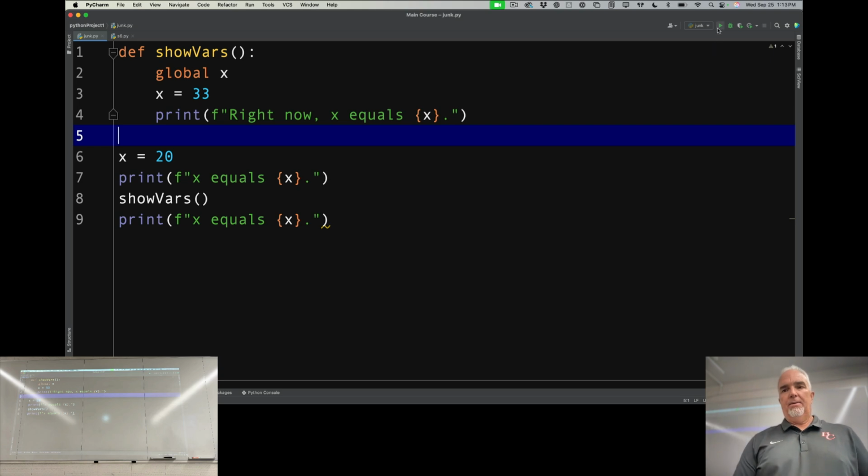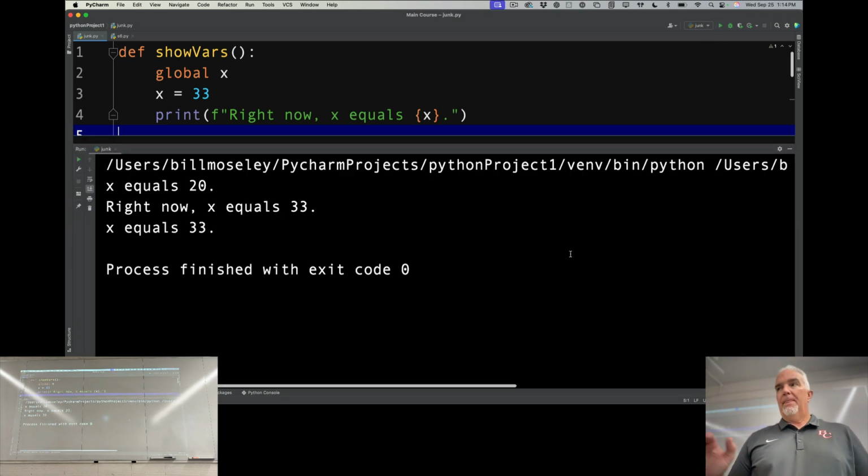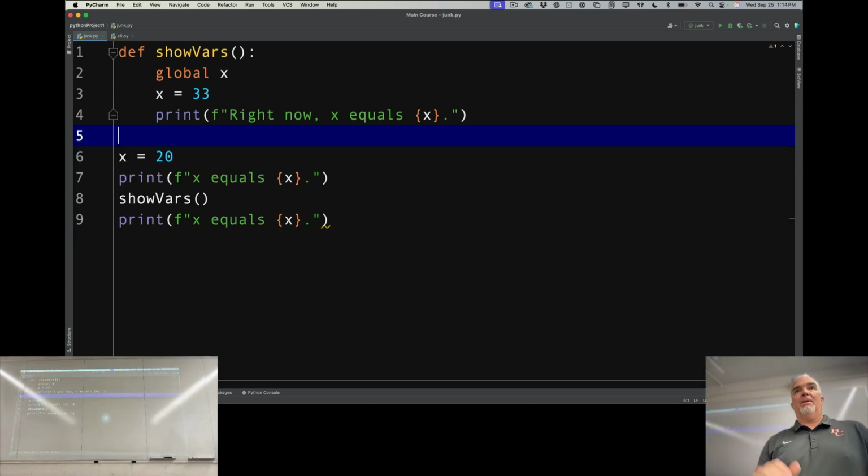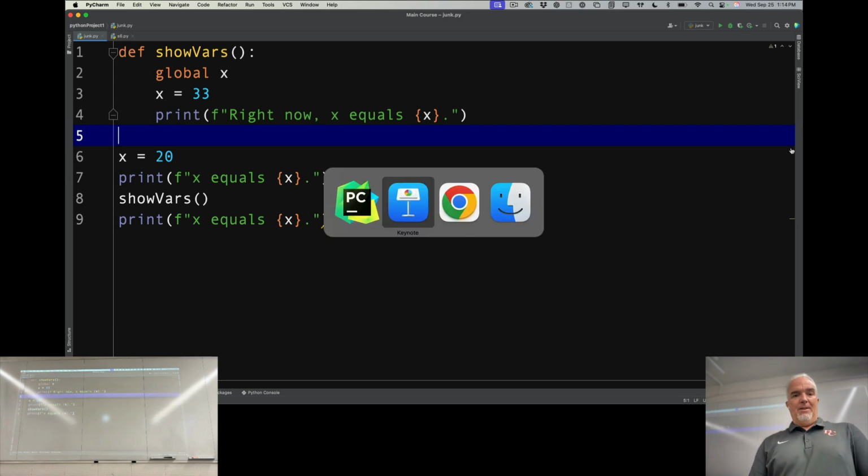Now when I run the code, the outside X is affected by what happens inside the function. So now when I change X inside the function to 33 and print it, it also impacts the outside of the function X. Now you might think, oh, that's a cool shortcut. It allows me to take care of things like changing variable values from inside my function. Common thing to do,